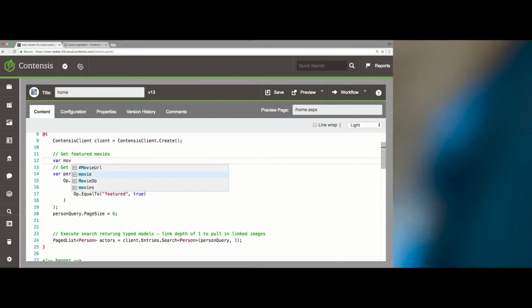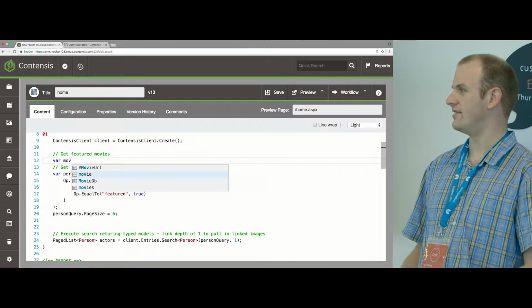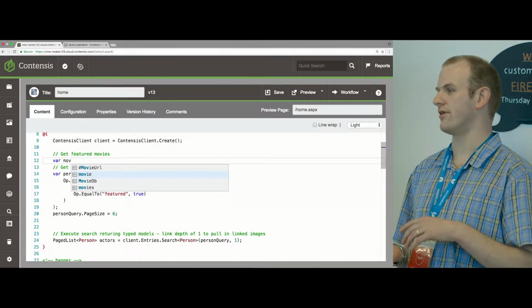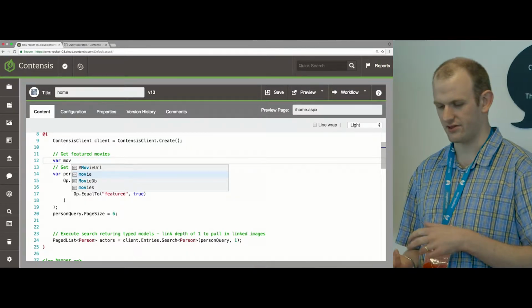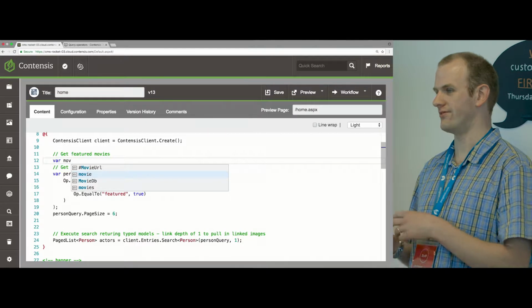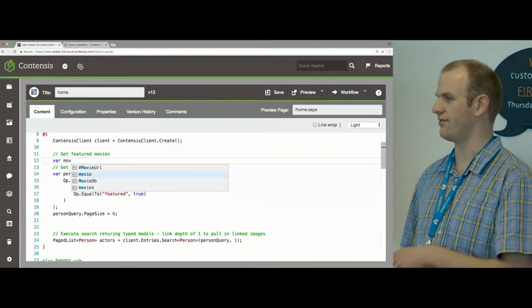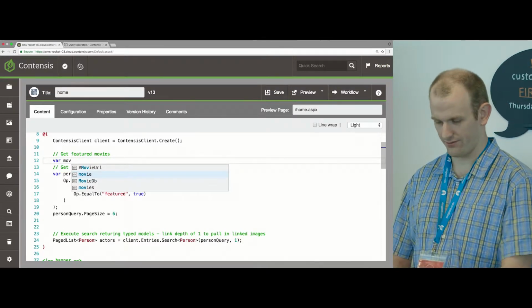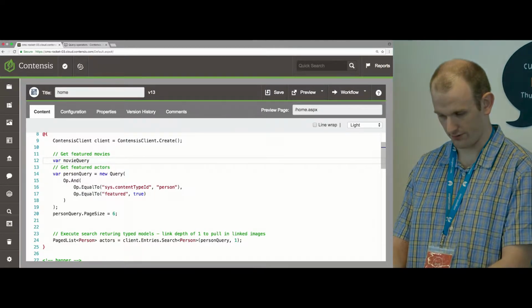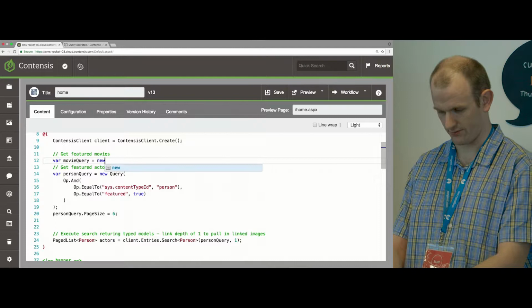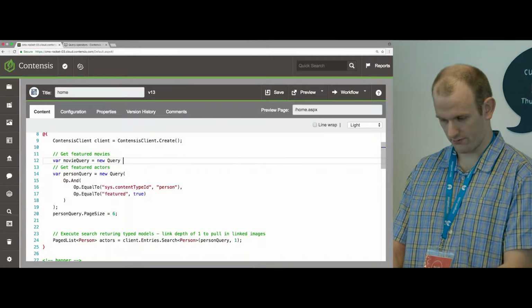Now you notice I'm getting a certain amount of IntelliSense here. We haven't got true IntelliSense yet for the .NET API. What it is doing though is picking up words and phrases that already exist in this file, which is still quite useful. As you'll see in a second, if I say var movieQuery equals new Query,